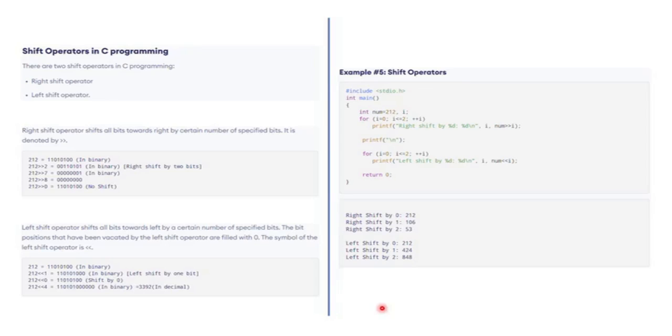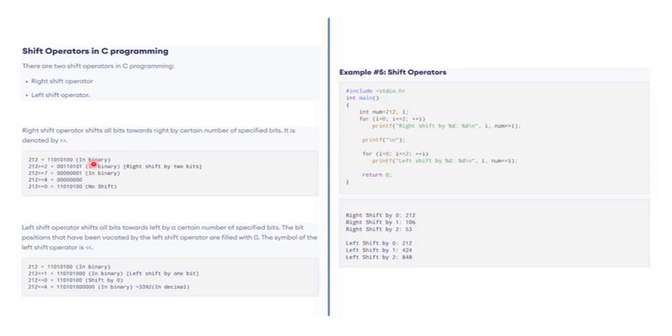There is something called shift operators. There are two types, right shift and left shift operator. For right shift we use two greater-than symbols, and for left shift we use two less-than symbols. In right shift, the binary digits of the number are shifted towards the right. To get the result after the right shift operation, you can do one thing: from the right-hand side you can delete